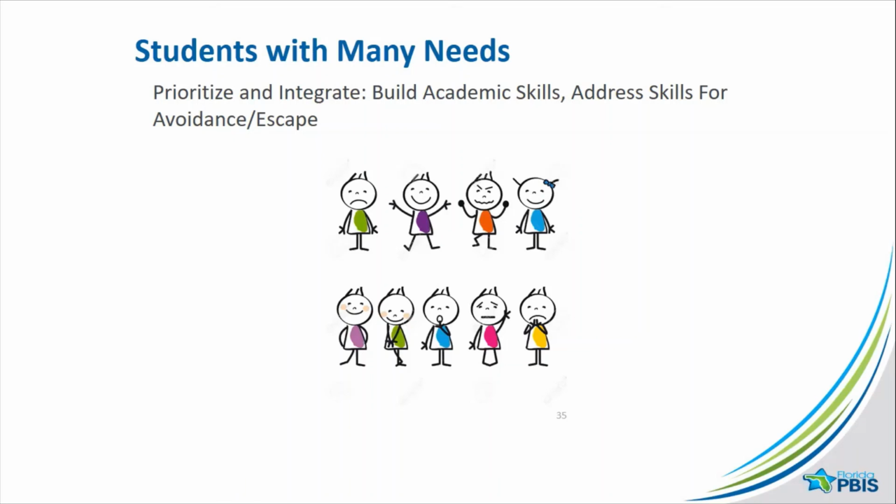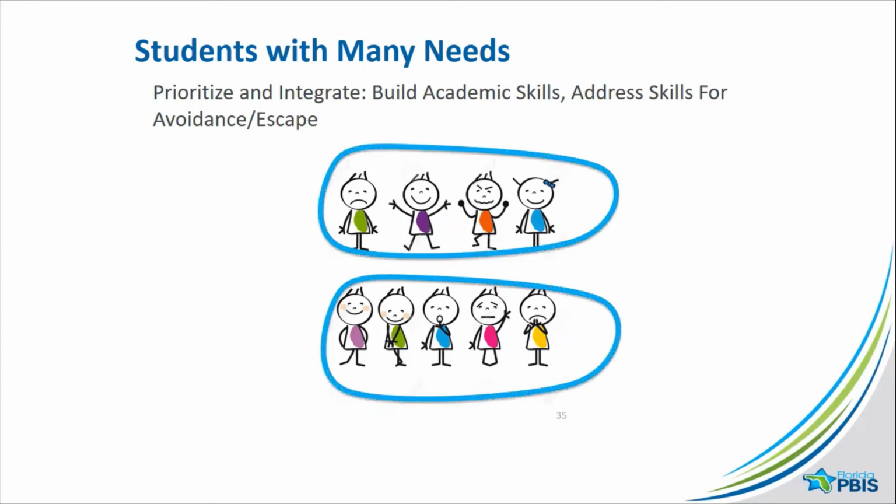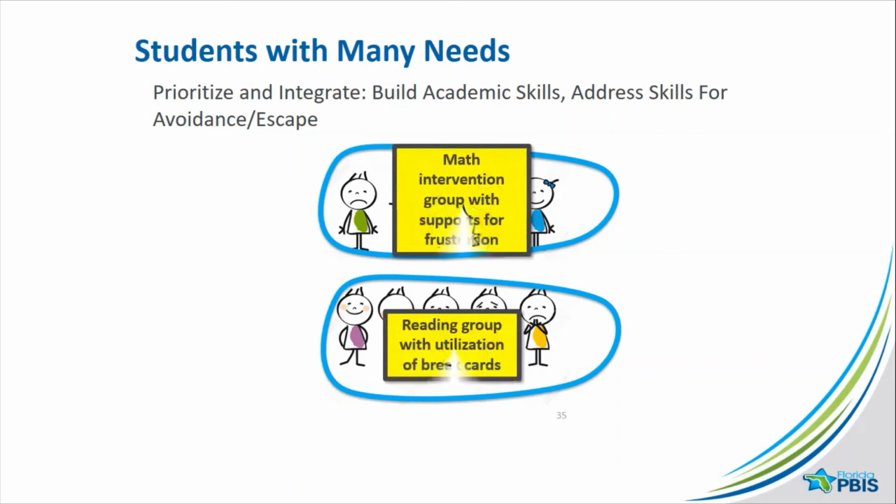If we see kids who are having a high level of academic deficit, we know we're working on building some academic skills. They may start to have behaviors in the meantime because of frustration or trying to escape or avoid some of those tasks. So it doesn't mean we have to provide a totally different supplemental intervention, but we might integrate some behavioral strategies within their academic skill deficit interventions that are already occurring. So for example, 2 groups here, math interventions group that if students are working on those math deficit skills, they may have a lot of frustration or may want to get out of some of that work. So we could integrate some strategies in there